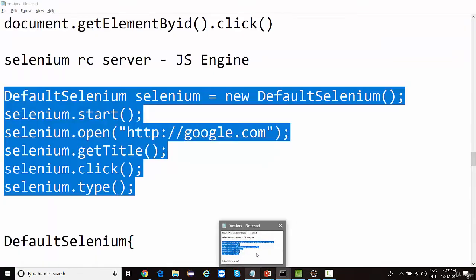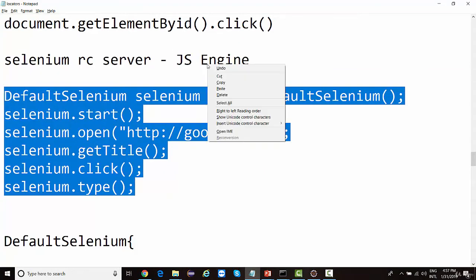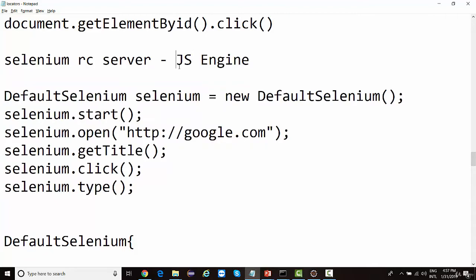You'll not be able to execute anything on web, because this server will help in injecting JavaScript. Right, so this is how the architecture of RC was designed. So later on, when RC was launched in the market, companies have started using RC. There were a lot of frameworks designed using RC as well. But at some point of time, they started facing challenges using RC.